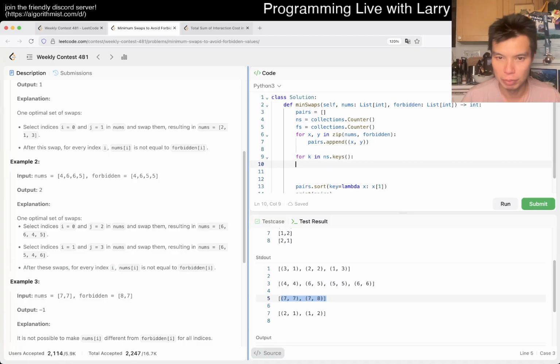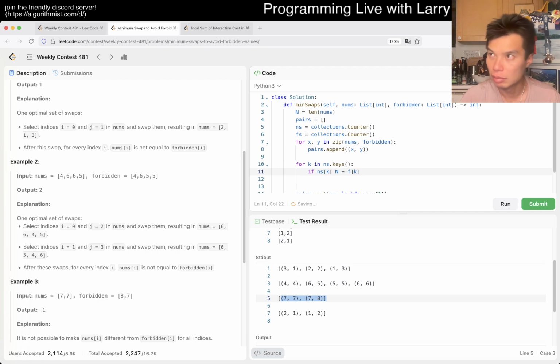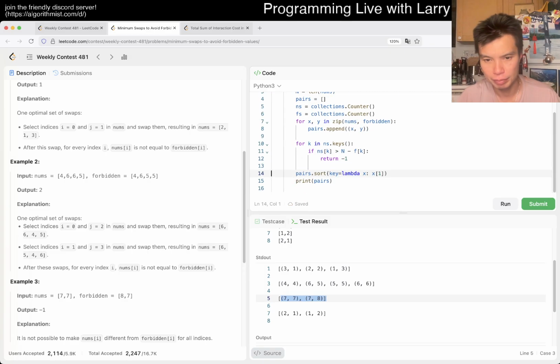Well, they have to be in both for this to be true, so I don't have to check both. Okay, so if ns of k, so the space is going to be n minus f of k. So if this is greater than this, then we return -1. Otherwise,